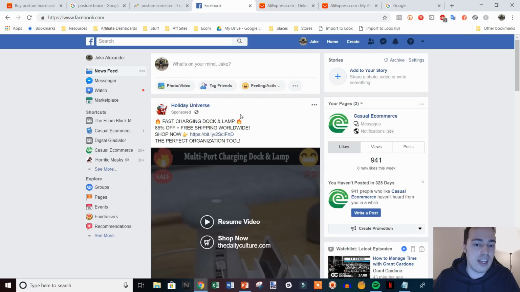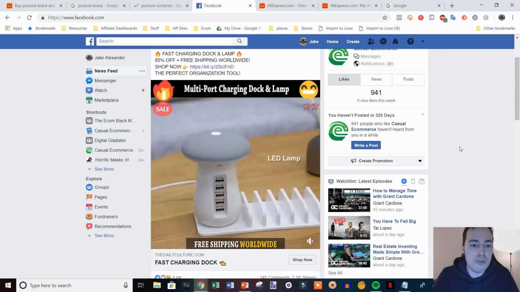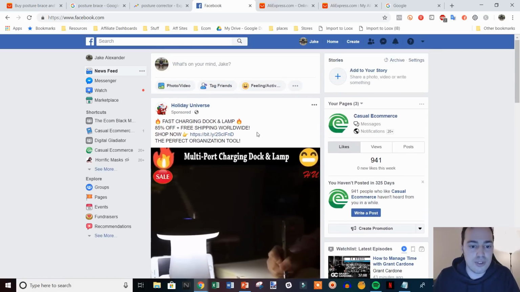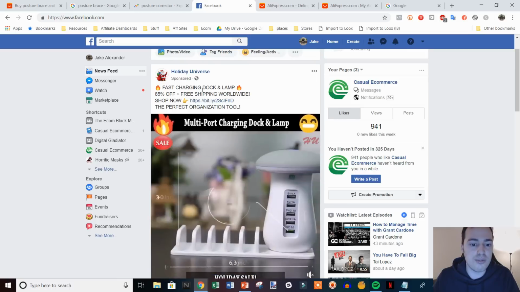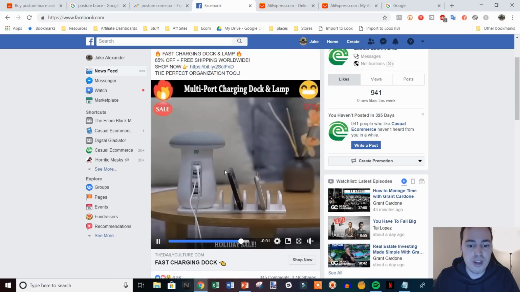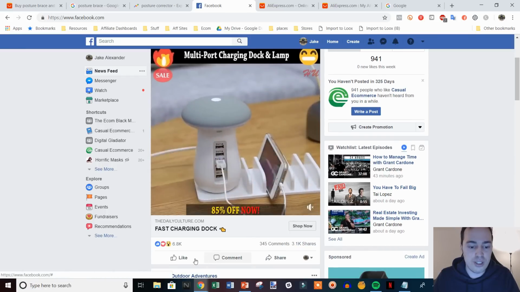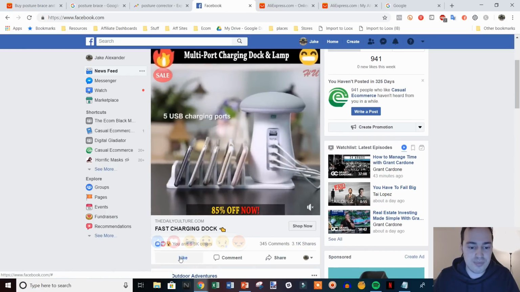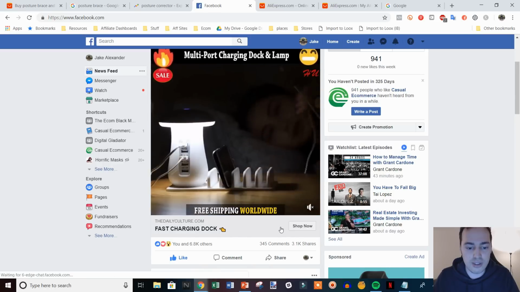And a heads up, this is definitely going to make your browser load a little bit slow, but as you can see, the first thing that shows up is clearly a drop shipping ad here. So fast charging dock and lamp. This is obviously a drop shipping ad. So what we're going to do is I'm going to like it, and then I'm going to go ahead and click on the ad,